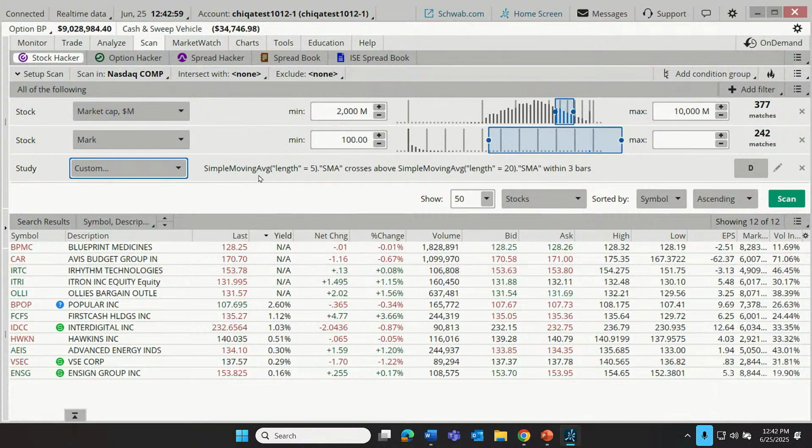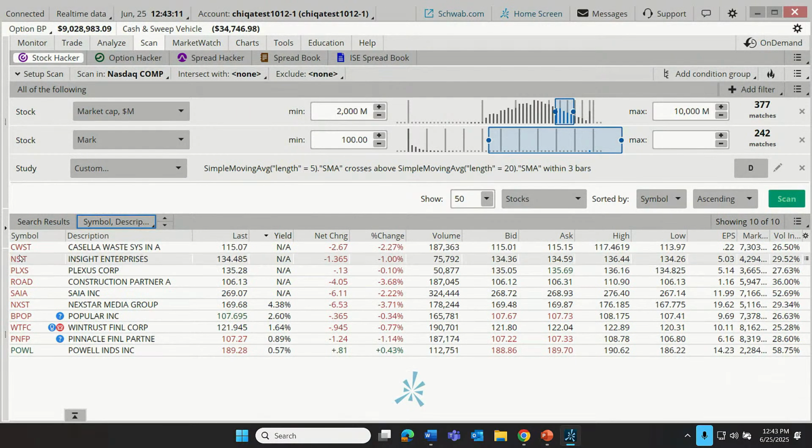So now we're looking for a 5-period moving average crossing above the 20-period moving average within the last 3 days or bars. See, there's the length of the bars right there. If I click scan, hey, I think DAVE probably just backed off. There's PLXS. DAVE was so close. I think probably the 5 just slipped back down below the 20. It's no longer qualified. It's no longer crossing over. But we have a few more candidates because there are more crossovers in the last 3 days than there have been in the last 5, or just the last day.